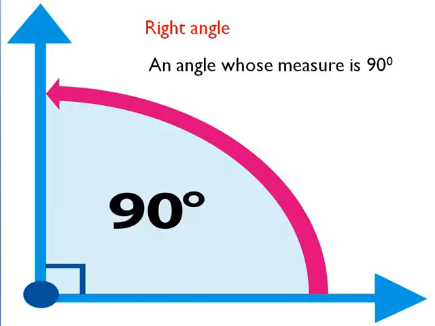The first we will study is the right angle, an angle whose measure is 90 degrees. One complete revolution is 360 degrees. Remember that. One complete revolution, say a minute's hand at 12 in a watch, it goes to 1, 2, 3, 4, 5, 6 and comes to 12. This one complete revolution is 360 degrees. Now you can see 90 degrees is a quarter, 1/4 of a complete revolution.